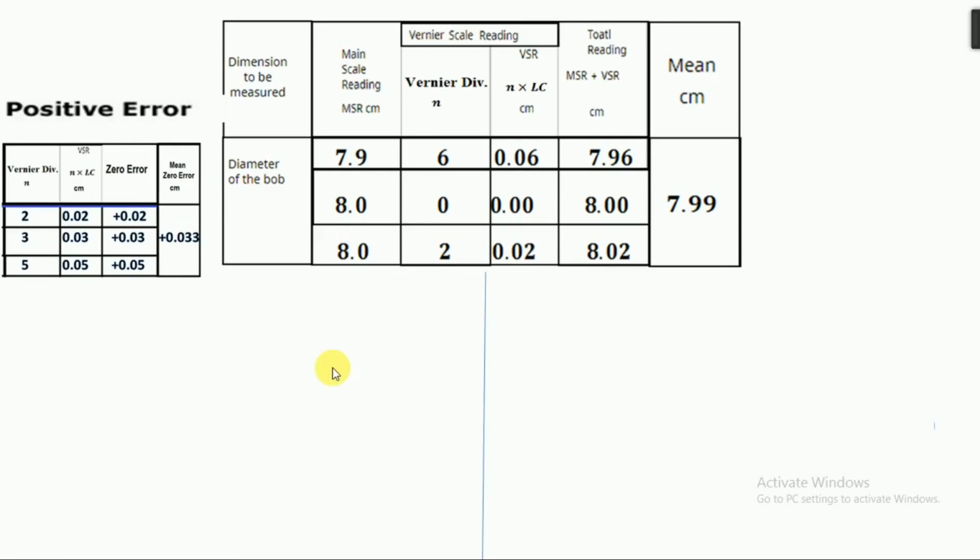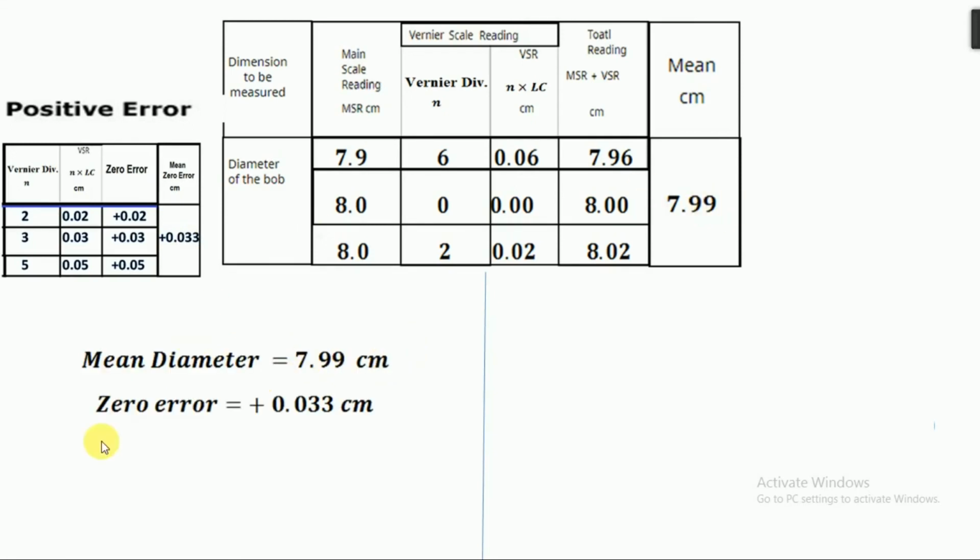That time the mean diameter is 7.99 centimeter and the error is positive, plus 0.033 centimeter, and now for the corrected diameter, I have to subtract the error, so the error is 0.033. So your corrected diameter or real diameter is